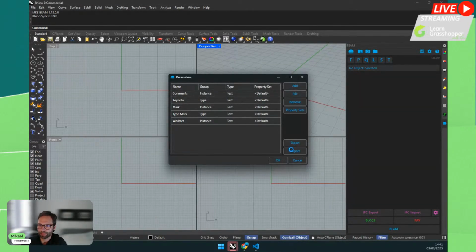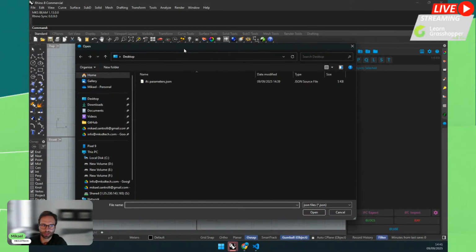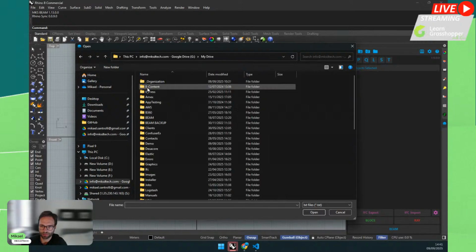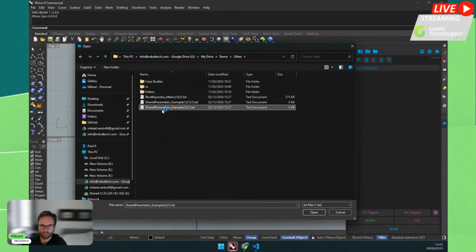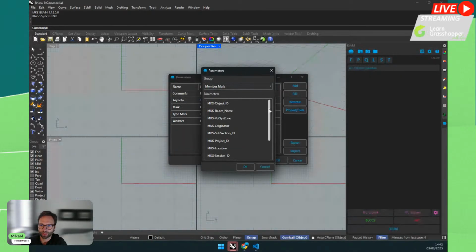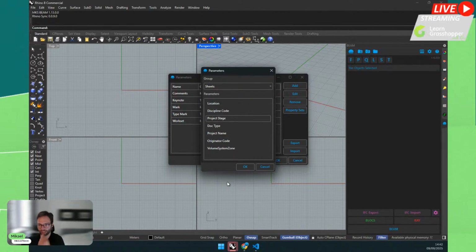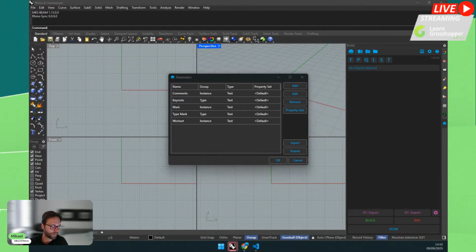So in the import, it's good that you asked this question, Ted, because it might be hidden. You can change the type here, and if you go to text file, let me just pick from my drive. We have some in the demo. So we have a shared parameter file here, and in this case, you can pick from the shared parameter file the parameter you want to add. Or as Chris was saying, give the shared parameter file to ChatGPT, and it will actually import.